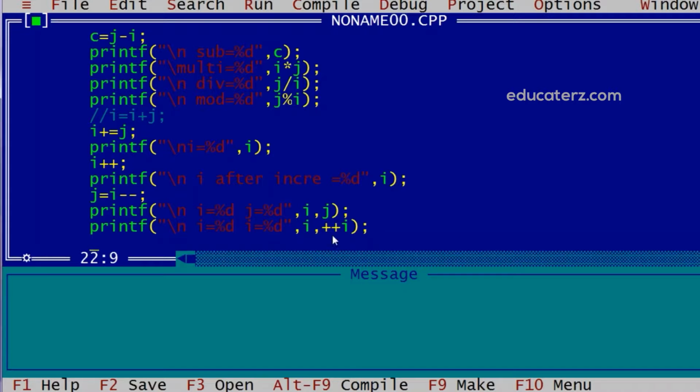So first this expression will be evaluated, so i will be incremented by 1, and then when it comes to the other value, i is already incremented, so it gives the same value. So we have to remember that if we have a function and parameters are sent, they are sent from right to left, so accordingly we have to calculate them.